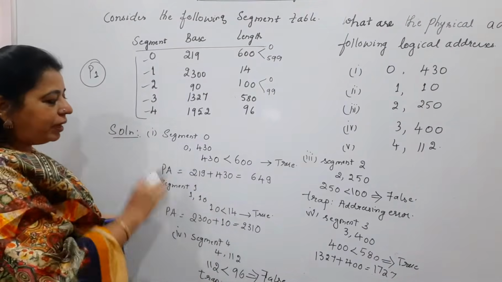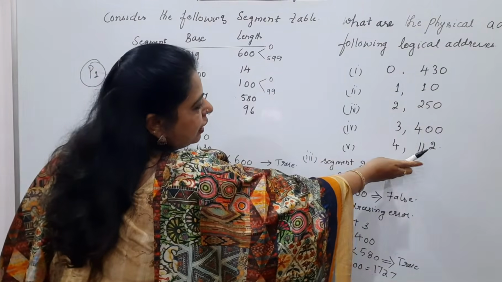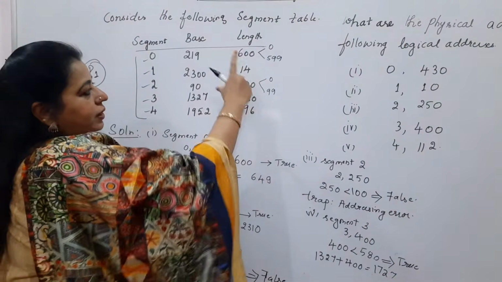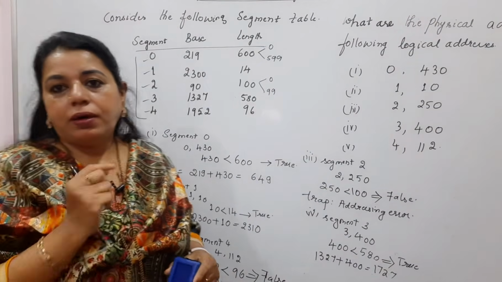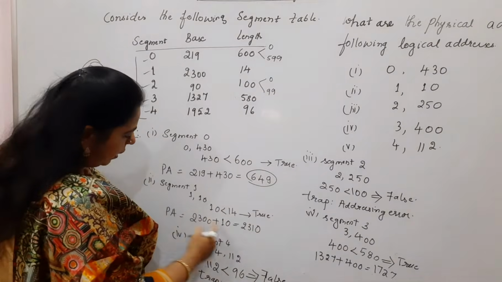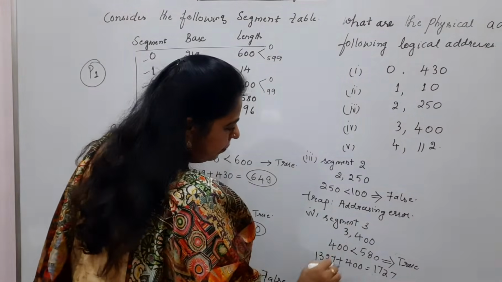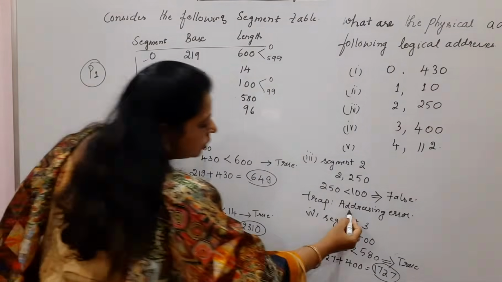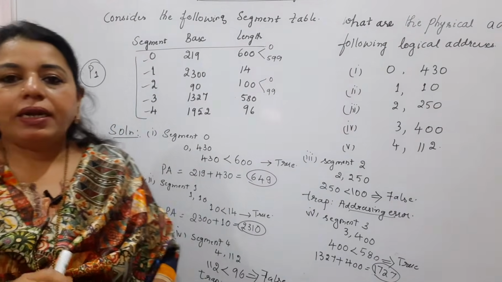So this is very simple here. You can easily score the marks. Your job is only to compare whatever is given in the logical address, the displacement value, with the length, that is the size of the segment. It should always fall within the size. If it falls within the size, you add the base address of the respective segment, then get the physical address. So here you got one physical address 649. Second one you got here. Third one was an addressing error. Fourth one 1727. Then one more was an addressing error. So out of the 5 logical addresses that were given, 2 resulted in addressing error.